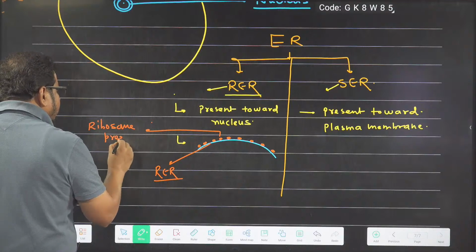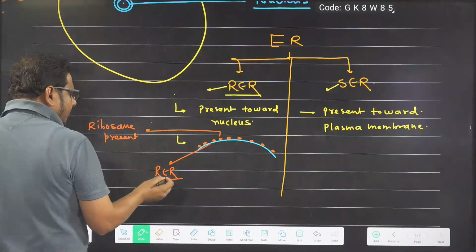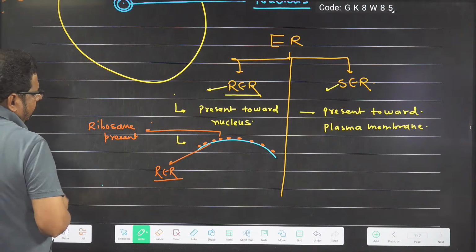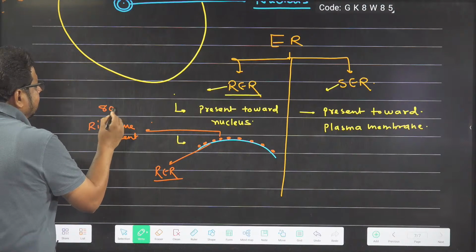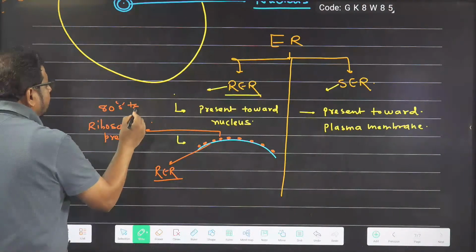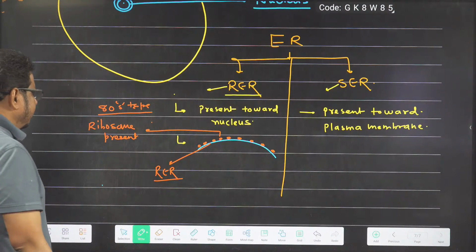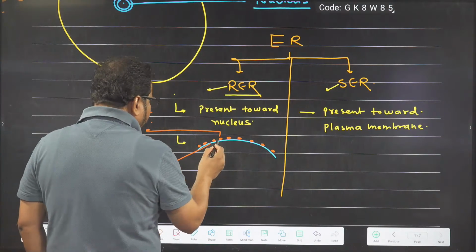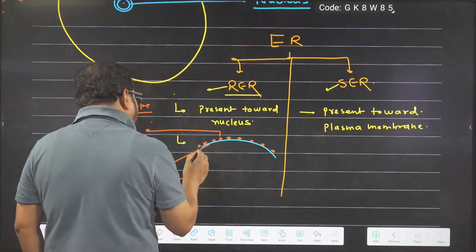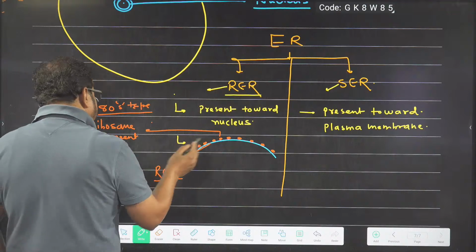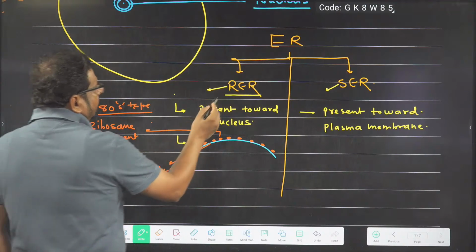Ribosome present on the surface of ER, where ribosome is present on the surface of ER, it is called RER. And which type of ribosome is present? 80S type of ribosome is present. So when ribosome is present on the surface of ER, that particular surface is called rough